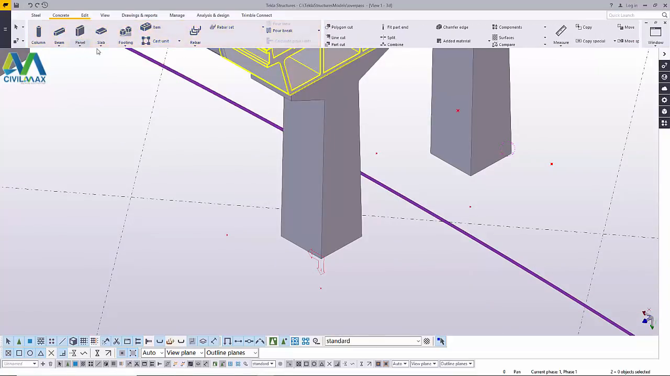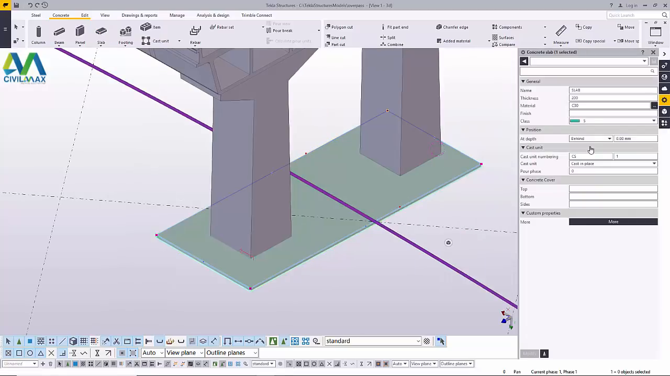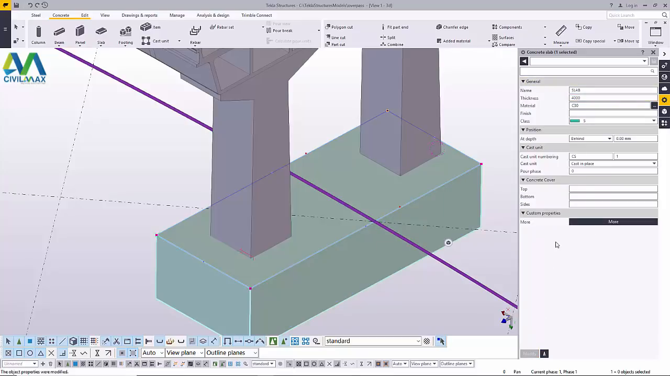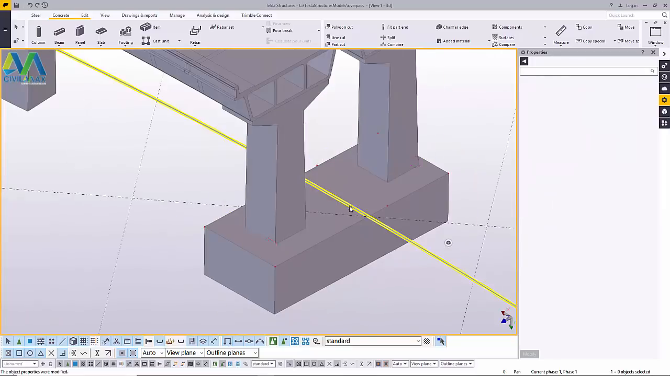I'll come to concrete and come to slab here, and I'll snap on these points here and close my polygon right here, and double click on this and increase the thickness to 4 meters. 4 meters right there, and I'll change the color to check the color of real concrete, which is now gray,